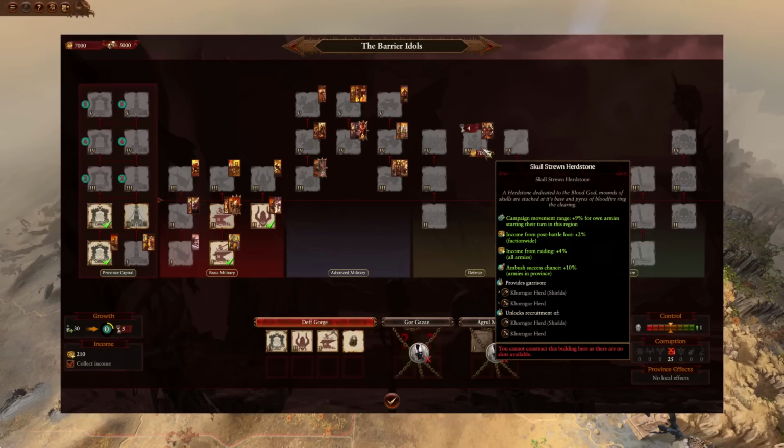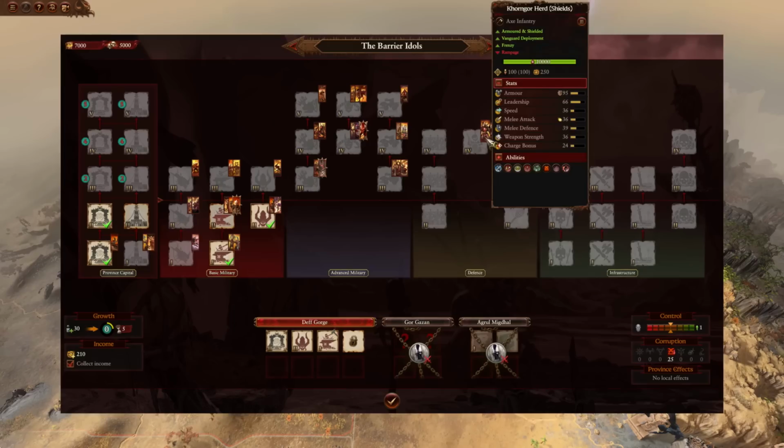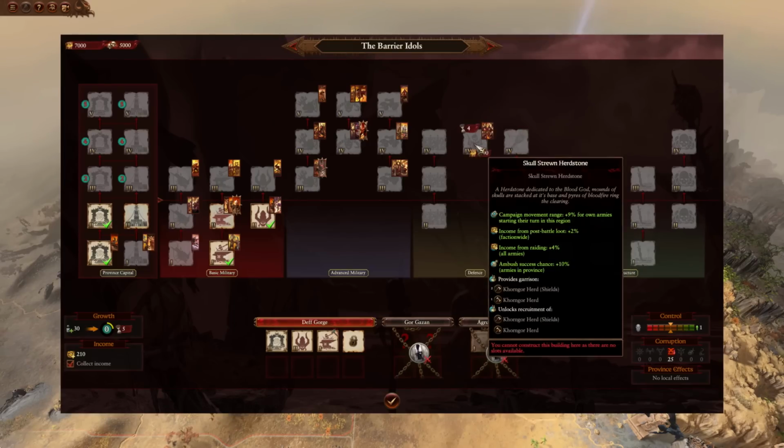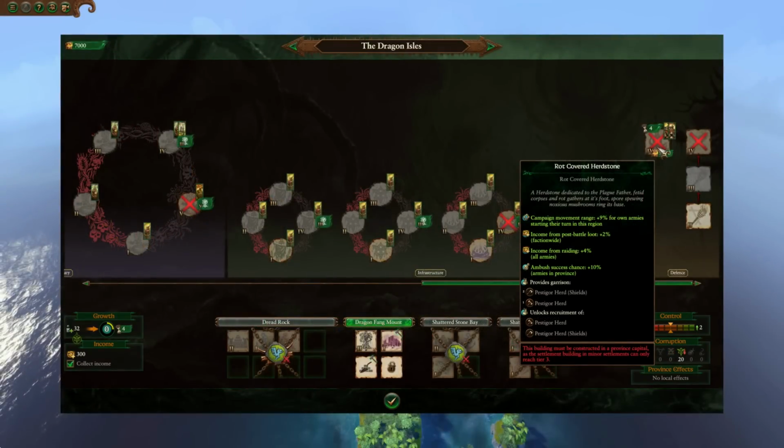we've got a new building, which is the Skullstrewn Herdstone for Scarbrand, which is a tier 4 building, and it will take a while. However, you will get income from post-battle loot increases faction-wide, which is also quite beneficial, and increased income from raiding for all armies, which, as you can imagine, is very useful for you. For Nurgle, you've got the Rot-covered Herdstone, which is the same building. This is how it's going to be for all the other factions, and same bonuses too,